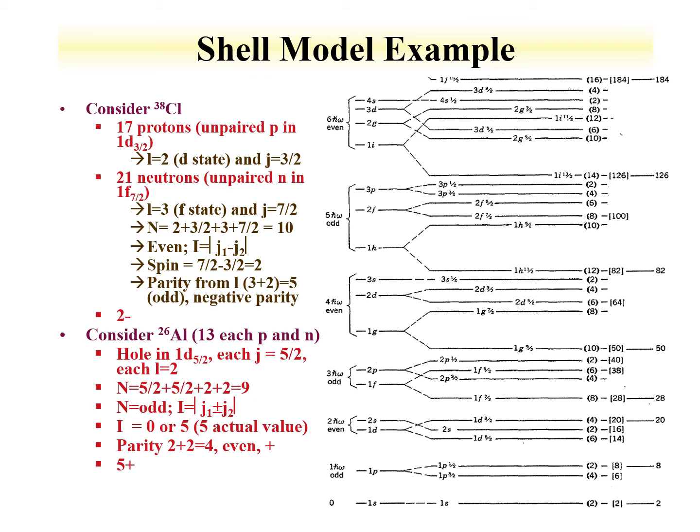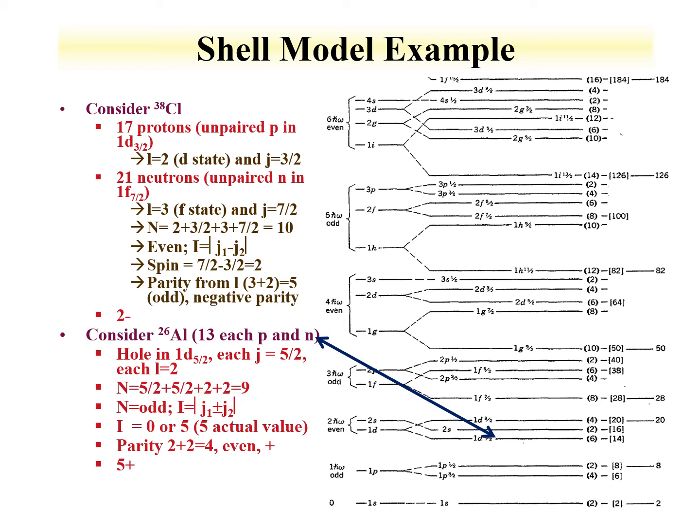If we consider another example, aluminum-26, this is a nucleus with 13 protons and 13 neutrons. So this 1D 5/2 would be filled to 14, so there's a hole, there's one missing spot for each the proton and neutron shell. So each unpaired particle has the spin of 5/2 and an orbital angular momentum of D of 2. So the Nordheim number is 5/2 plus 5/2 plus 2 plus 2. That's equal to 9. That's an odd